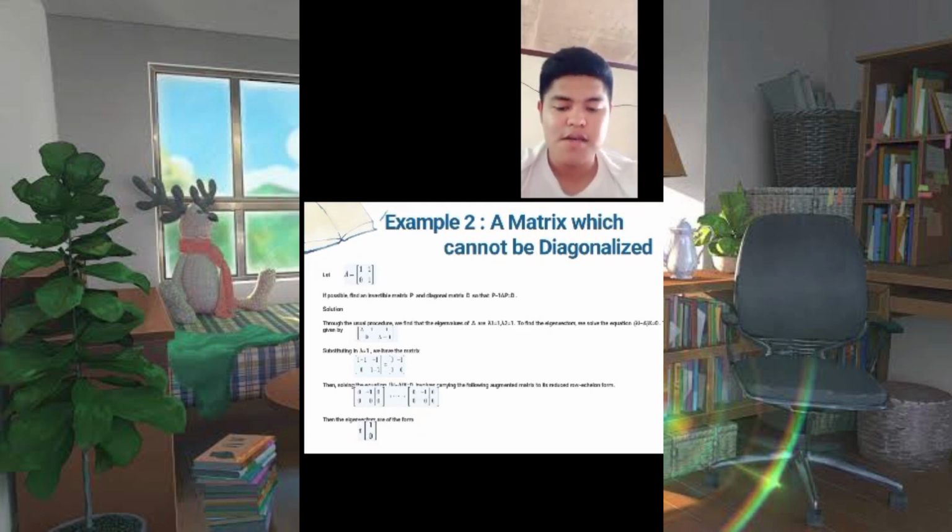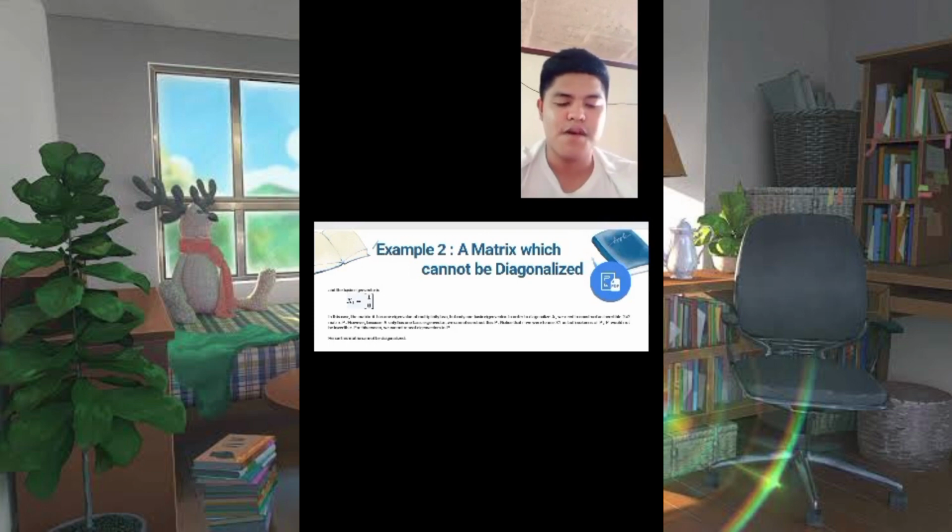The matrix is given by subtracting. We have the matrix. Then solving the equation involves carrying the following augmented matrix to its reduced row echelon form. Then the eigenvectors are of the form, and the basic eigenvector is x1 equal to